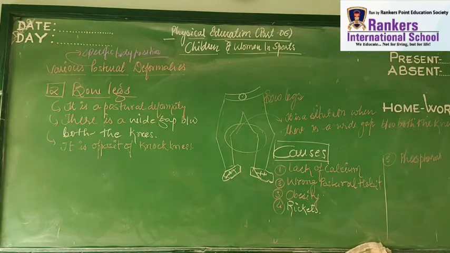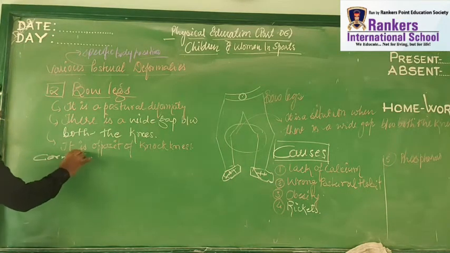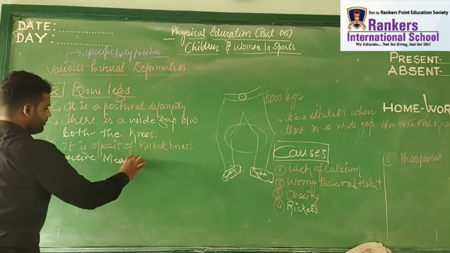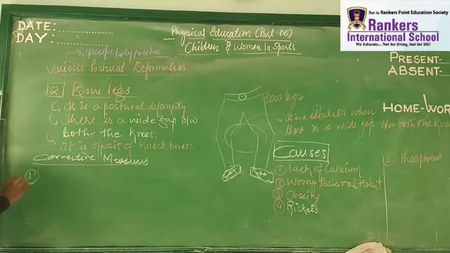Chakrasana, Garudasana, Mastendrasana, inward walking, and so many more. So, let me write and let us understand what these corrective measures are. The first corrective measure is, let's write the corrective measures. Yogic asanas help over here.